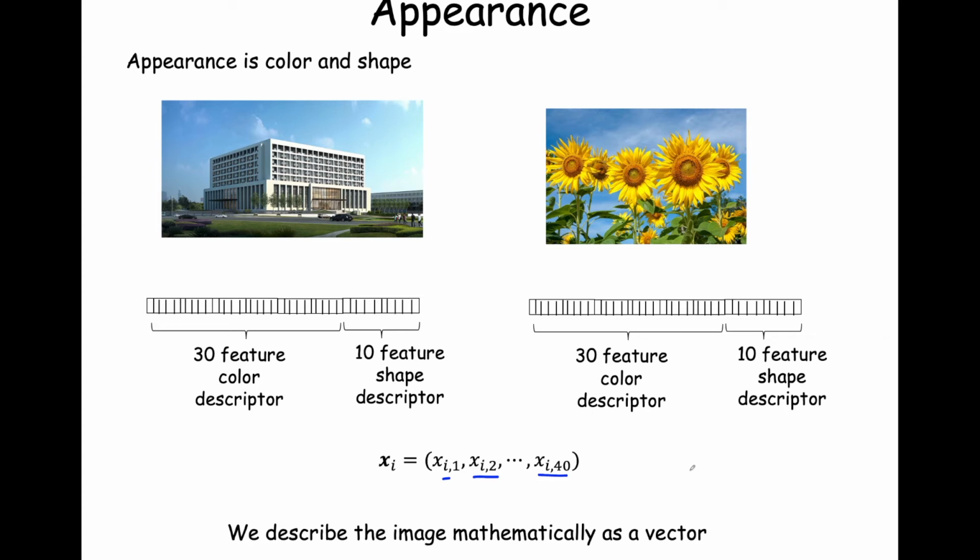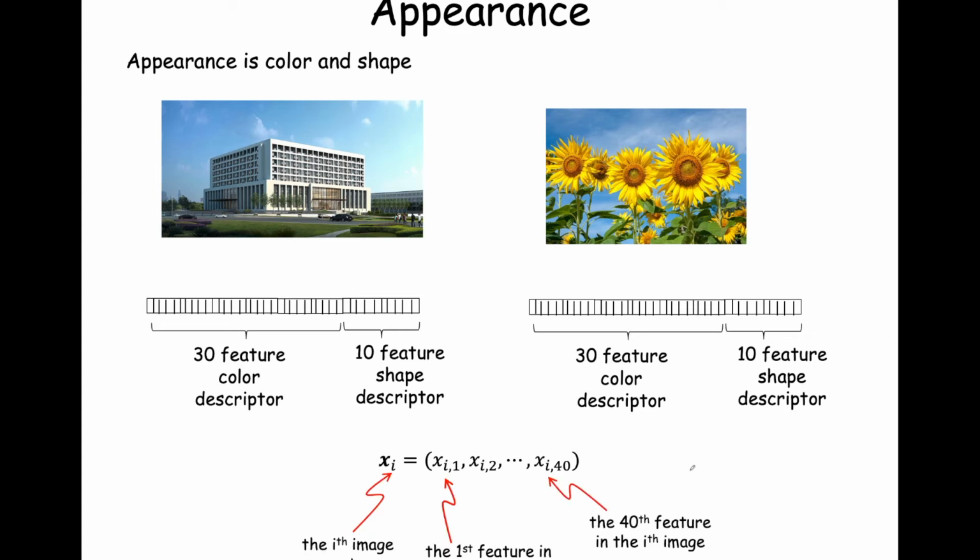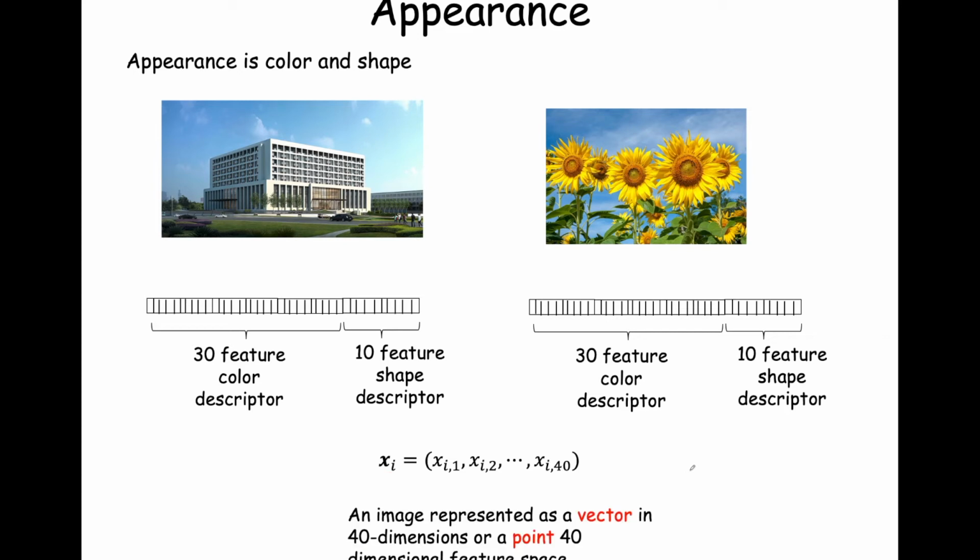And so we can describe this image mathematically, in this case, as a 40 vector. And this 40 vector, you can actually plot as a point in 40-dimensional feature space, as it's called. So here we have the ith image. We have the first feature through the 40th feature for this particular 40 vector representation. So an image is represented as a vector in 40 dimensions, which is also, as I said before, a point